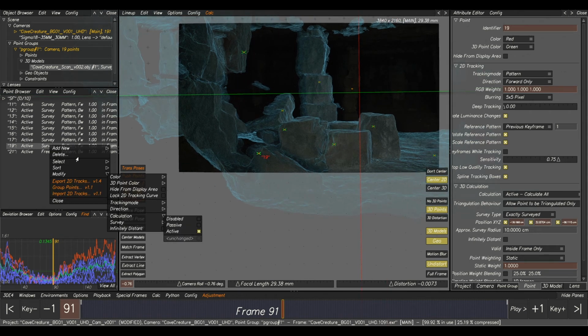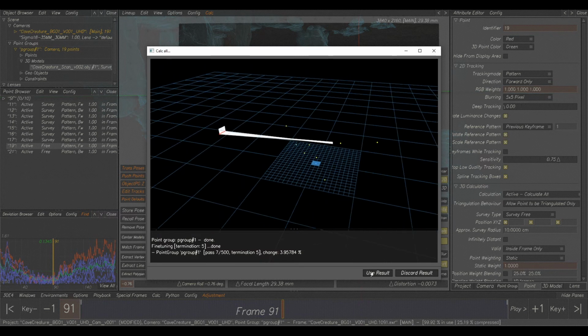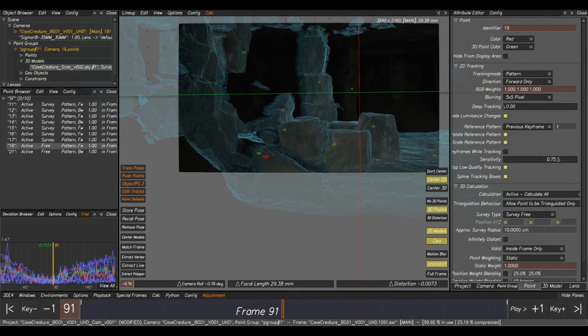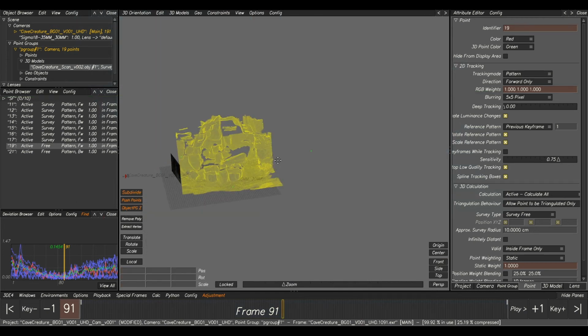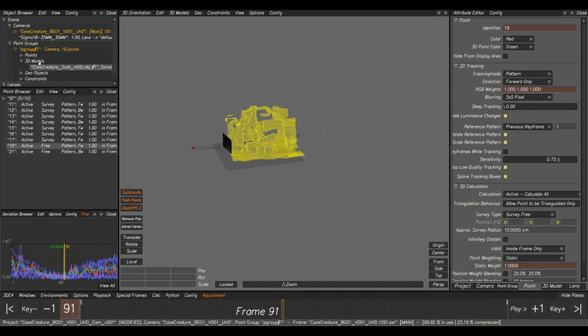So what we can do is survey free this, then solve it again with Alt-C and see what that gets us. That's sort of flattened it down. Then what we'll do, if we go to F6, and if we deselect our model so we can see it,